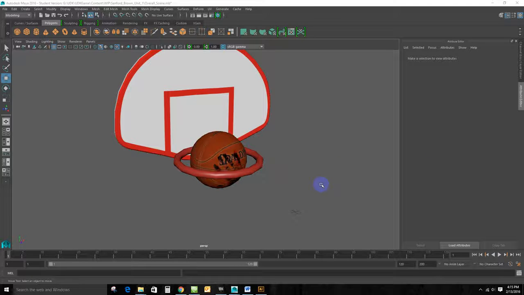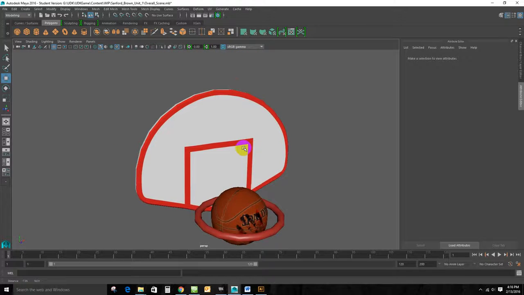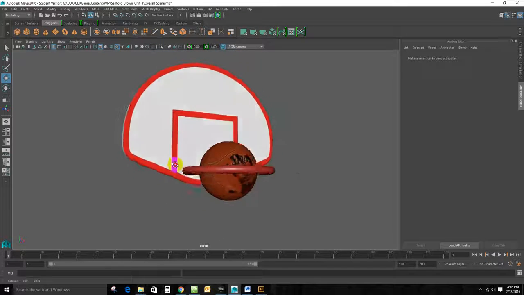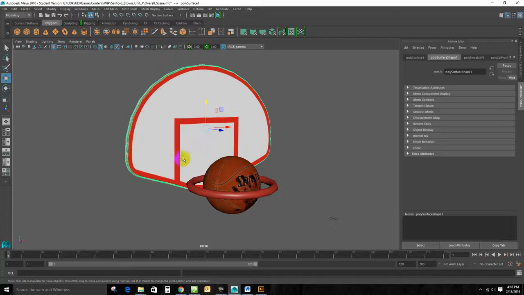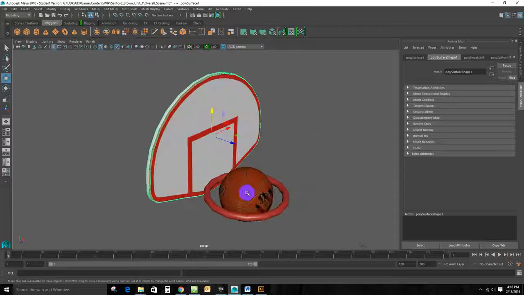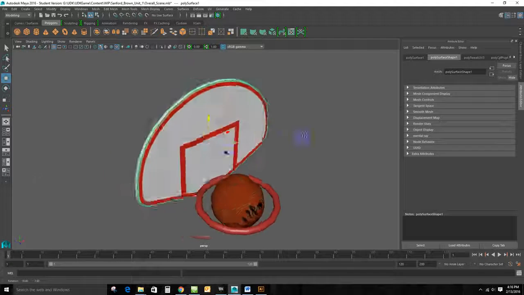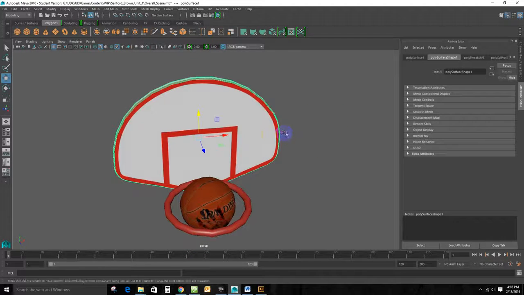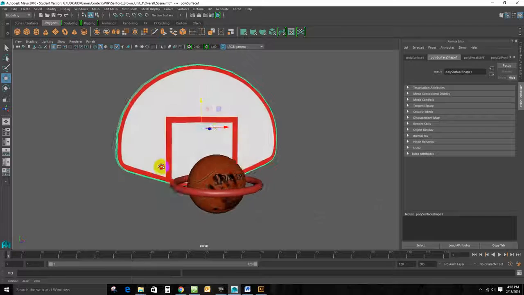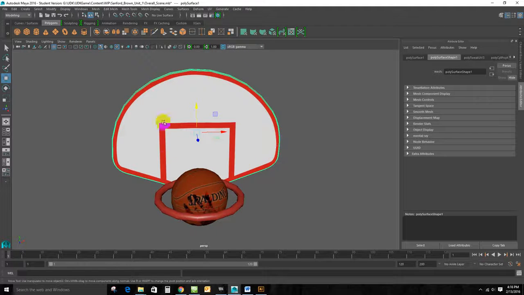Okay, so this is going to be just a little quick video on AI curves to polygons in Maya. We're going to be creating this backboard right here. Not going to worry about any of this. Not going to worry about texturing it either. This is just going to be simply taking the curves that we create in Adobe Illustrator and quickly turning them into a